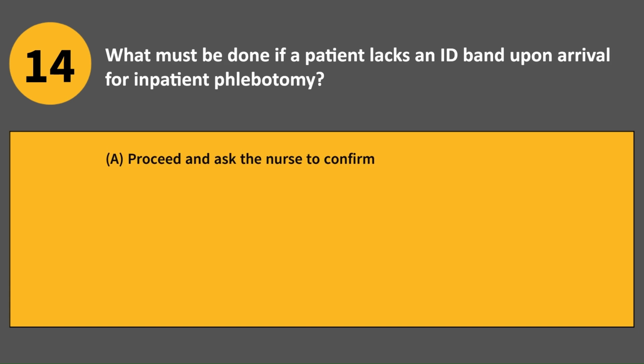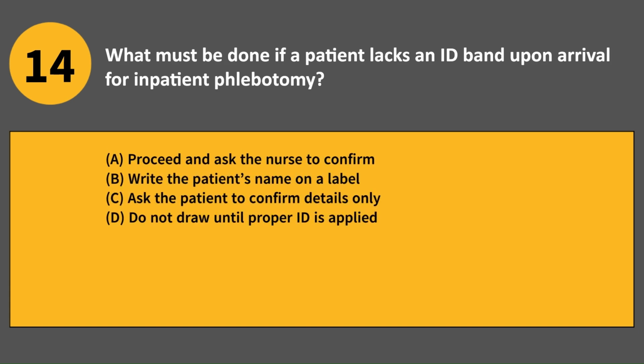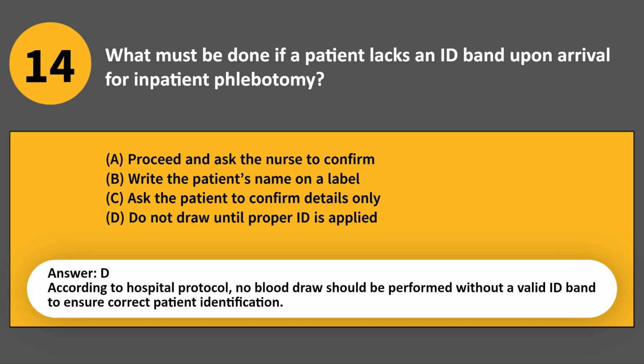What must be done if a patient lacks an ID band upon arrival for inpatient phlebotomy? A. Proceed and ask the nurse to confirm. B. Write the patient's name on a label. C. Ask the patient to confirm details only. D. Do not draw until proper ID is applied. Answer D. According to hospital protocol, no blood draw should be performed without a valid ID band to ensure correct